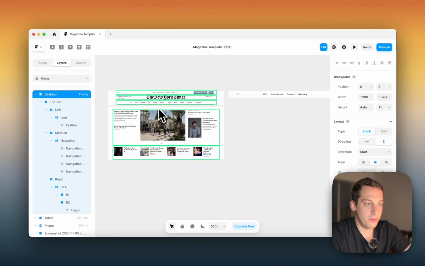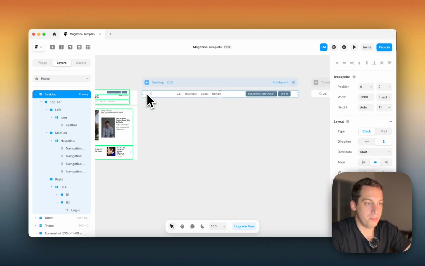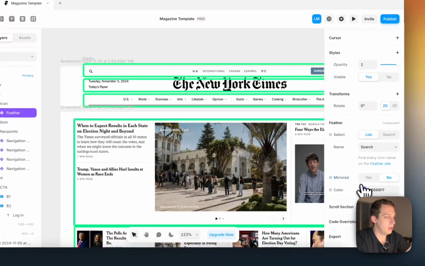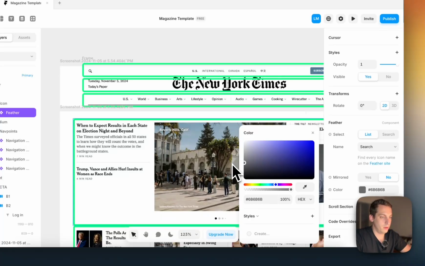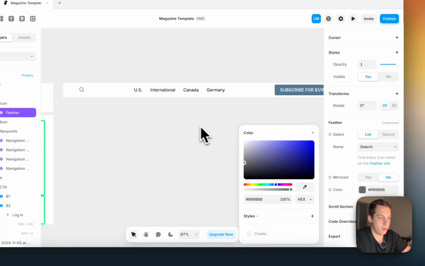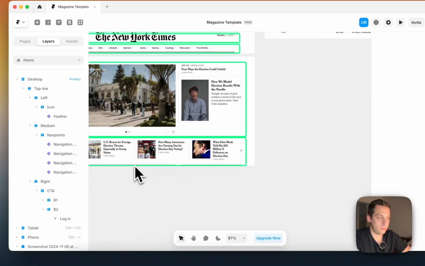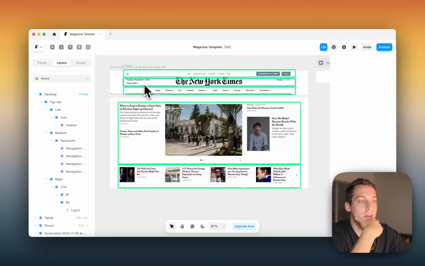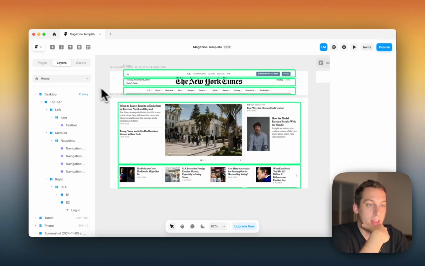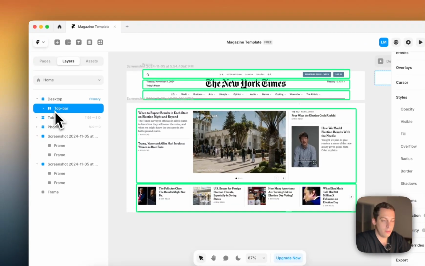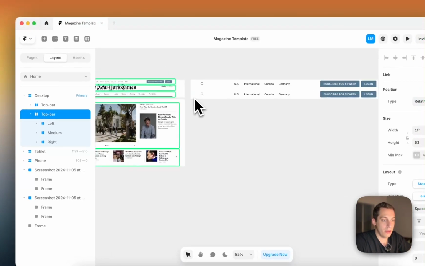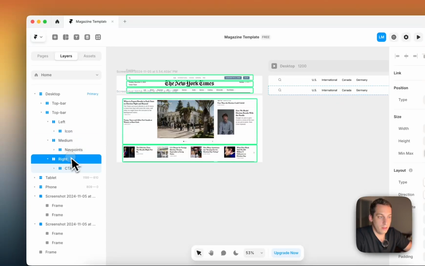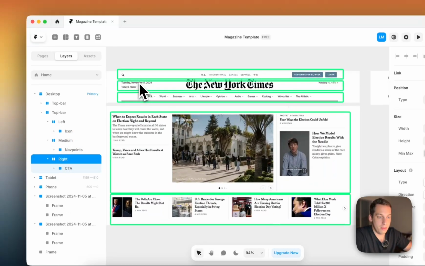It's looking nice, everything. We want to also change the color of this to make it a little bit more black, a little bit more gray like this might be nice. And now let's build the second one. The second one is also going to be a very similar style stack to this top bar. So we can just duplicate this and bring this to the bottom. And this would also be left, this would be medium, this would be right, but it would obviously be